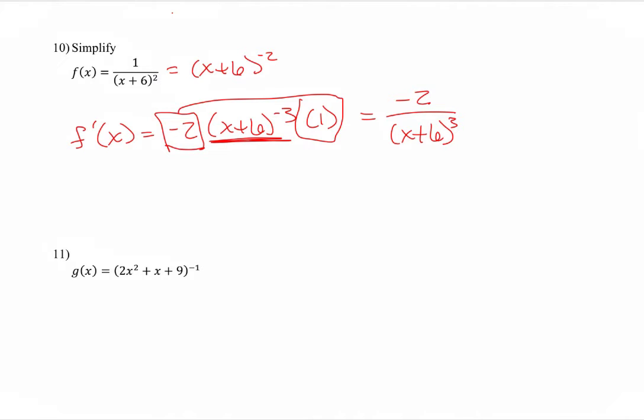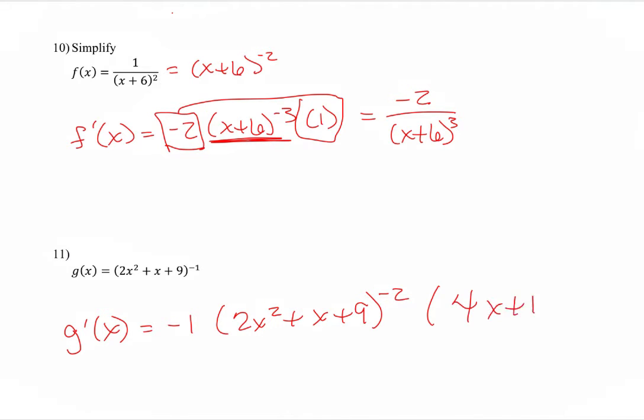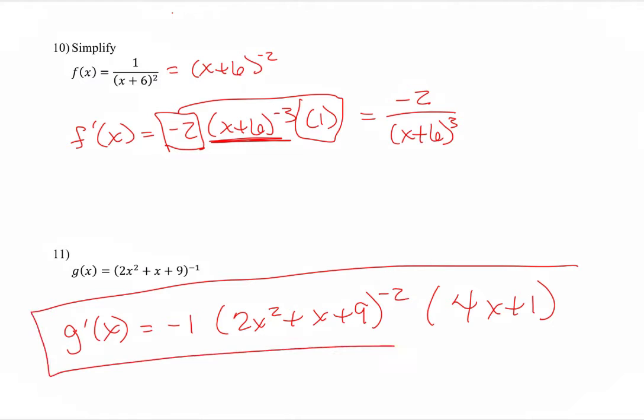And for 11, I get g prime of x equals negative 1 times 2x squared plus x plus 9 to the negative 2 times the derivative of the inside, which is 4x plus 1. Now I can leave this completely alone because I do not have to